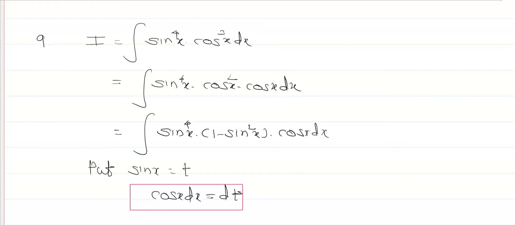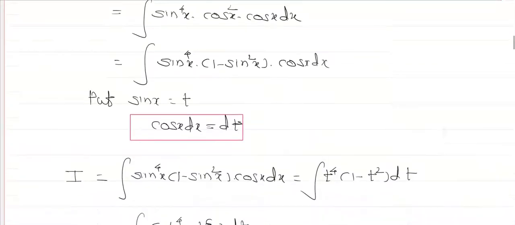Now what I always say is, what does function mean? I always say that the function means the value of the t. Here it is sin of x raised to 4. Cos square x means what? 1 minus sin square x. Cos of x here. Now we will do this multiplication, though it is fine if we don't. What substitution will we do here? sin of x is equal to t. What is its derivative? Cos of x into dx is equal to dt.